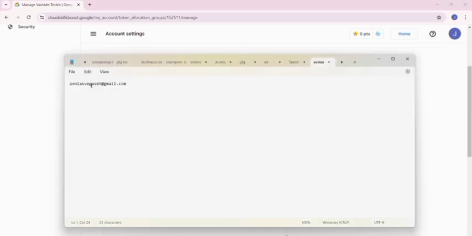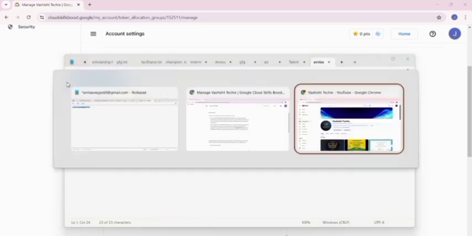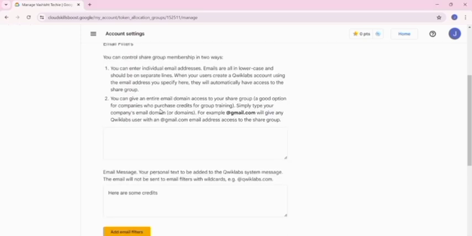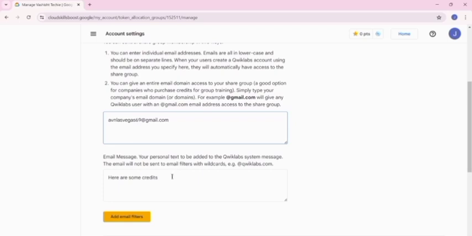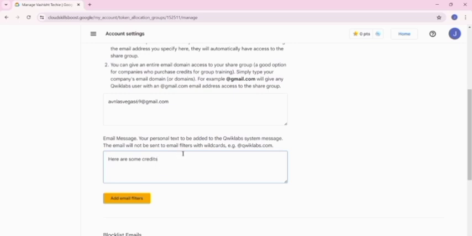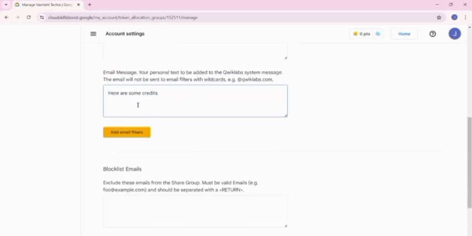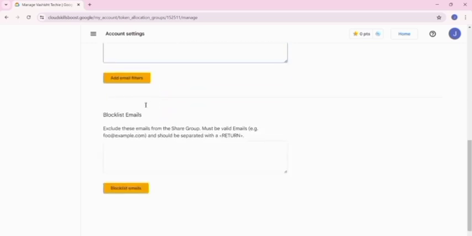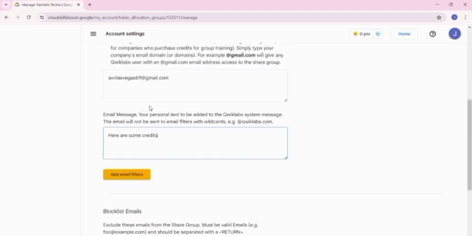I will be sending this credit to this email, so let's copy this email and now move back to the Google Cloud web page. In the first placeholder, you have to enter the email ID. Then you have to write any message for that person, and then you can click on the yellow button so that you can proceed.